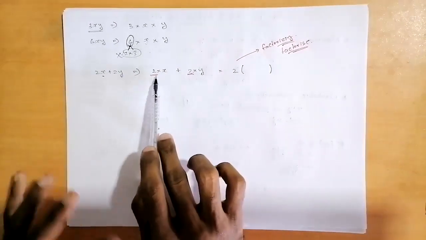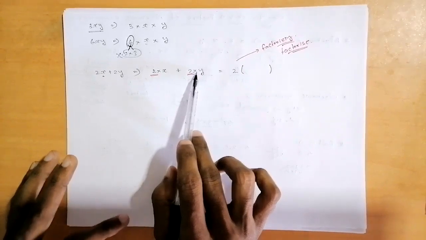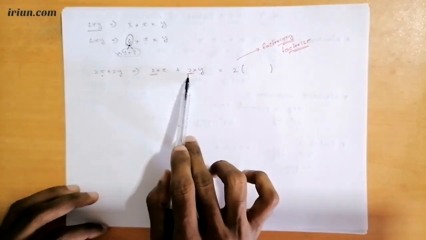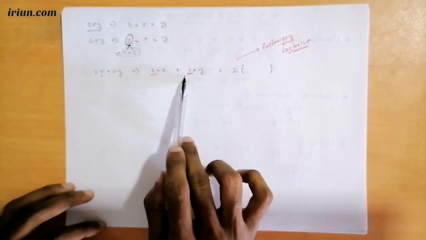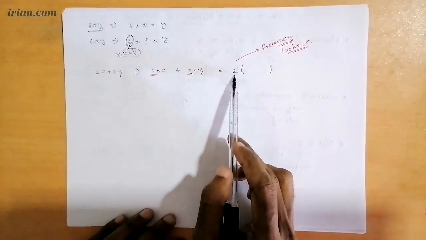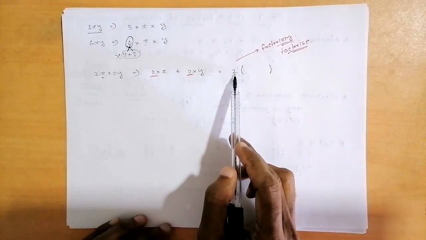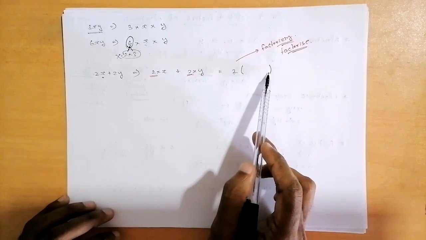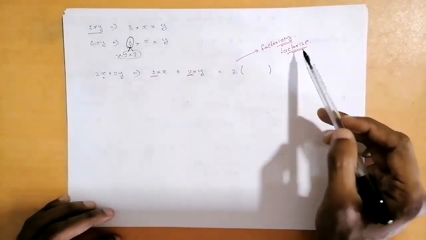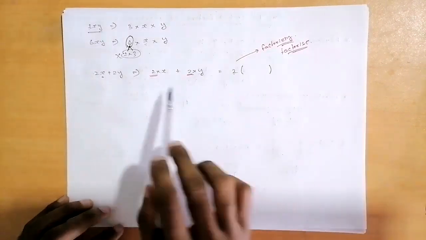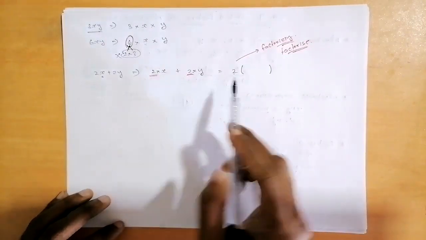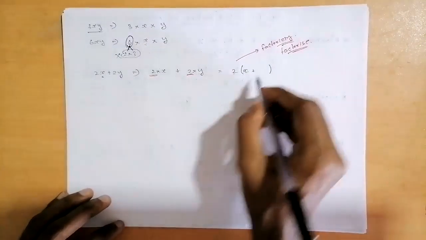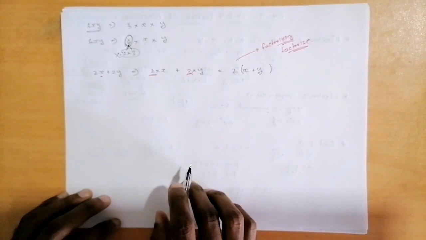So after we check the individual terms, we noticed we have a common term in both algebraic terms. So we take out the common term. If you take out the common term, you should write the remaining within a bracket. So this process is called factorizing. The first remaining is x, then we have a plus, then the remaining is y.